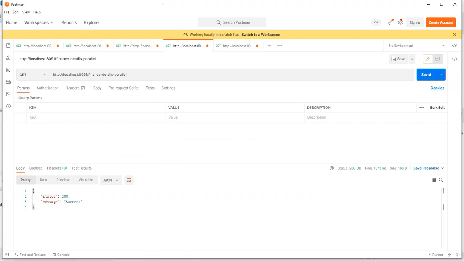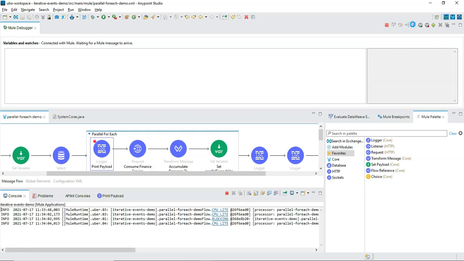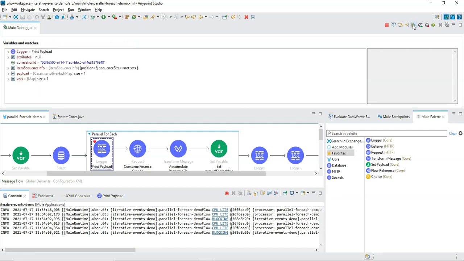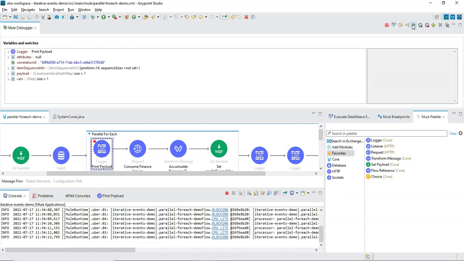The application has deployed. Let me make a request. Request came. Now let me run this service call successfully for a few of the calls, then I will stop the service in the Anypoint platform. 1, 2, 3, up to 20.